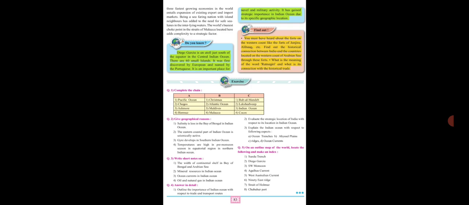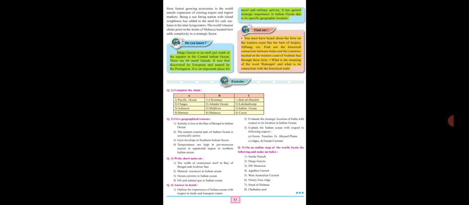Then, on page 82, they have the deposits. The abyssal plains also have deposits of polymetallic nodules, and these nodules are a source of nickel, copper, manganese, and cobalt. So this is also one of the importances of the Indian Ocean, because the abyssal plains are a source of copper, manganese, nickel, and cobalt. Then what I concluded with was the importance of the Indian Ocean for India.